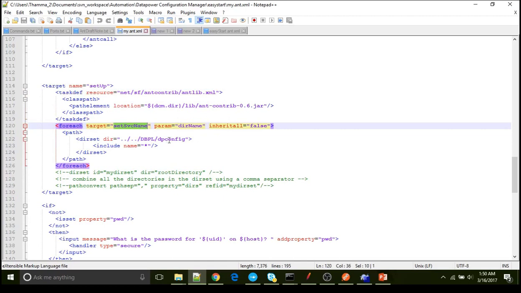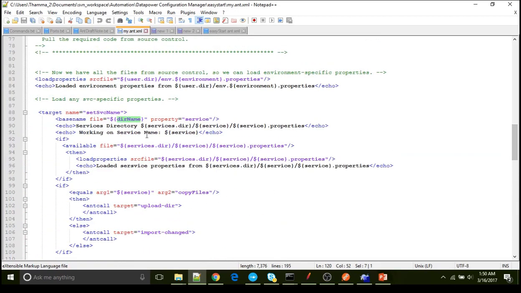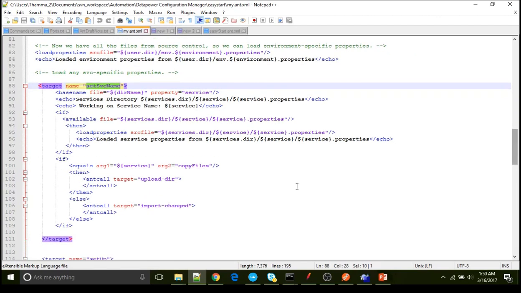It loops on the dpconfig directory, which has all services, and passes the actual directory name as the parameter. So what happens is it comes here. This is called looped for each directory, and then set service name target.